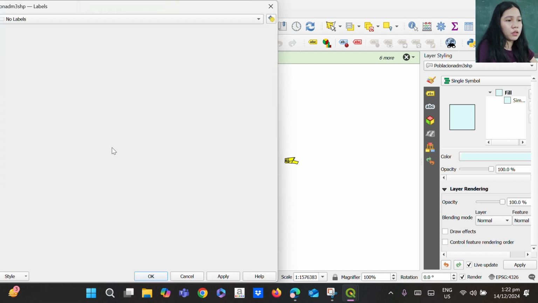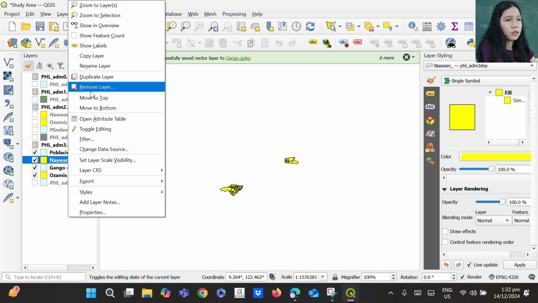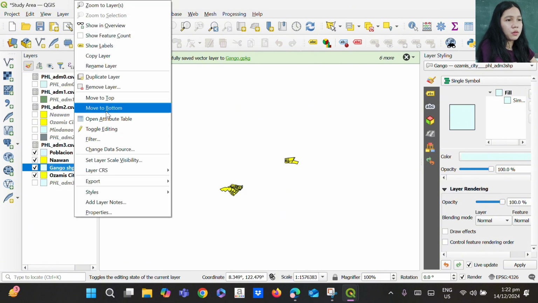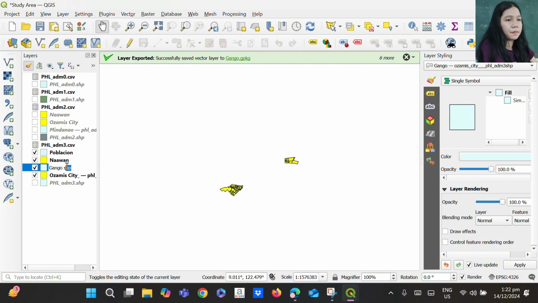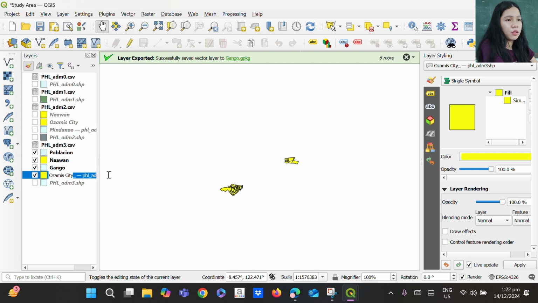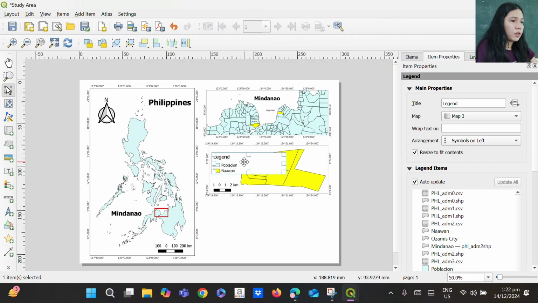Cancel. I'm going to rename this layer. This one also. So as SMS here. Then back to the other windows. So here the edited layer names are just being displayed.